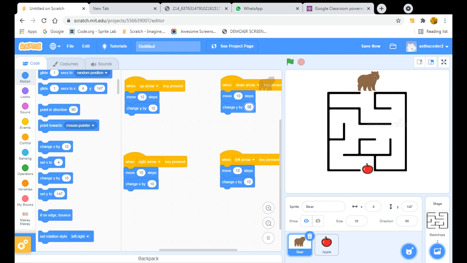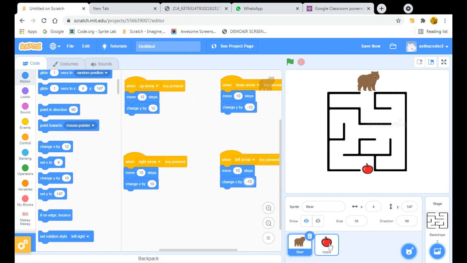For the left arrow and the down arrow, I will change x by and change y by minus 10. So I will name this minus 10, and here too minus 10. So here they are.